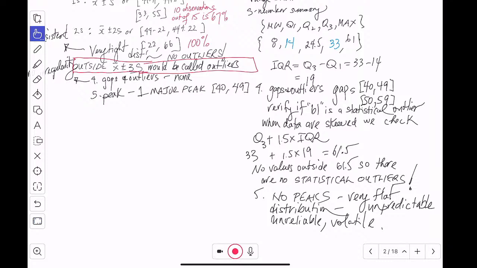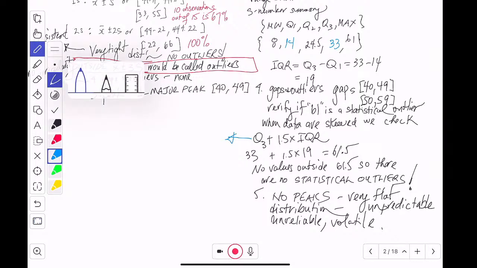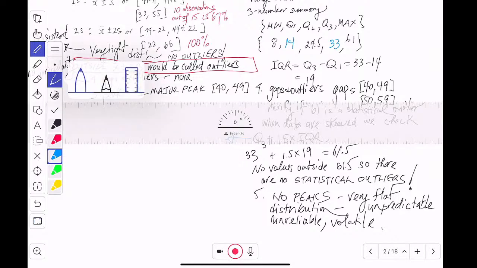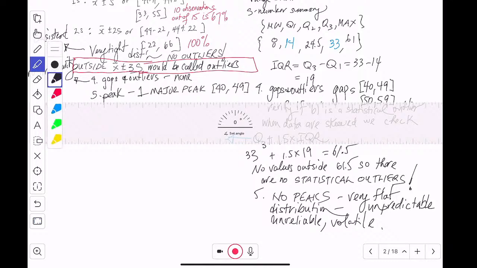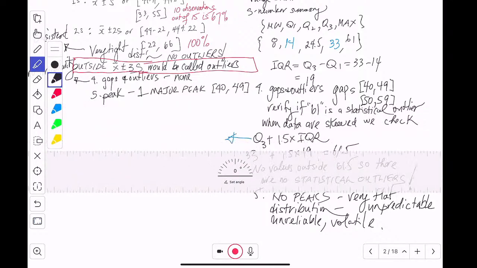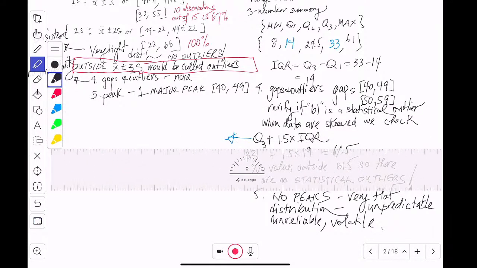Any questions? We didn't make the box, but you could make the box if you wanted to, for the box plot, and that helps you visualize better. I avoid doing that without a ruler. Maybe I can put a ruler here. I know there's a ruler here, but I can't really read it. Let's see. If I put a ruler and I mark it, is that going to help?